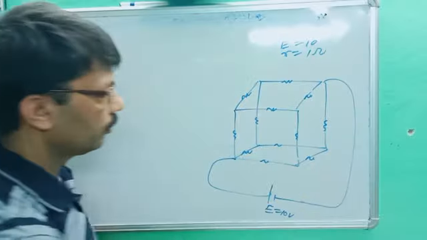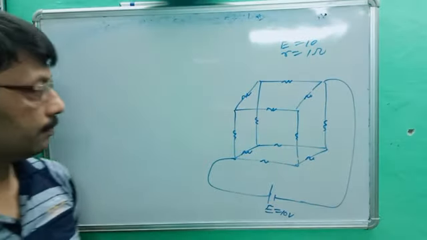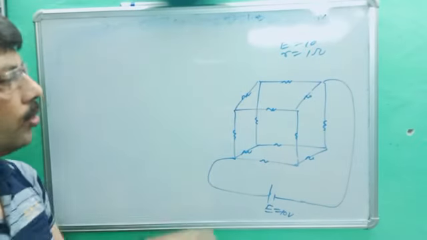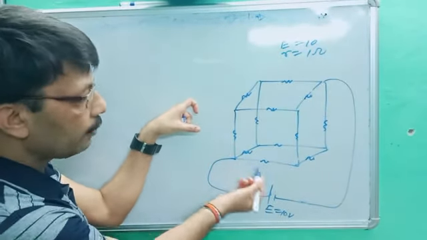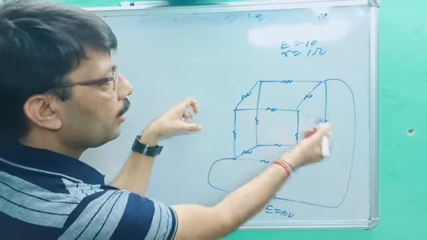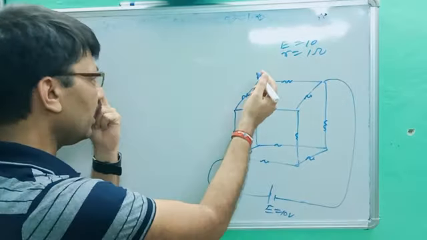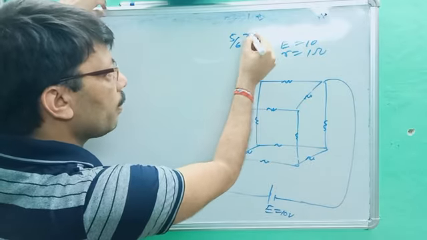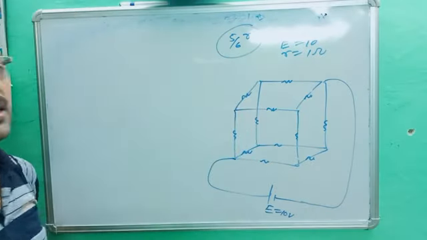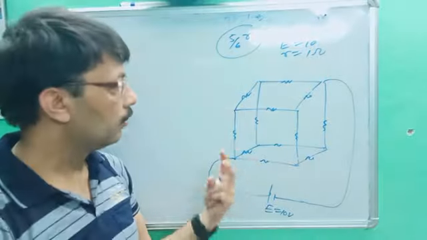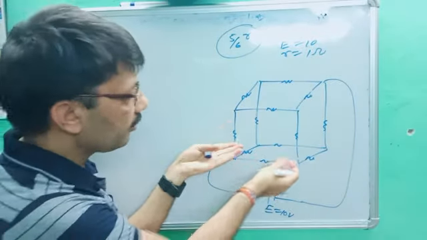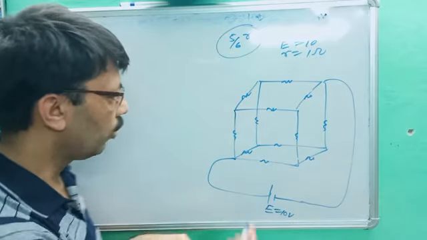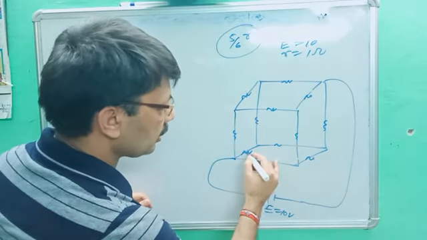Let's suppose each resistance is given as 1 ohm. Okay. And I ask you to find the current of each branch. There are 12 branches. Finding the equivalent resistance is very easy. You better know which are in parallel and which are in series. So we got the answer: the equivalent resistance is 5 by 6 ohm. Many of the students tell me the resistance will be 5 by 6 by the direct method. But it is difficult to find the current of different branches by that method. Okay, so first we will find the resistance. So we will apply the values. Let's suppose these resistances are R.